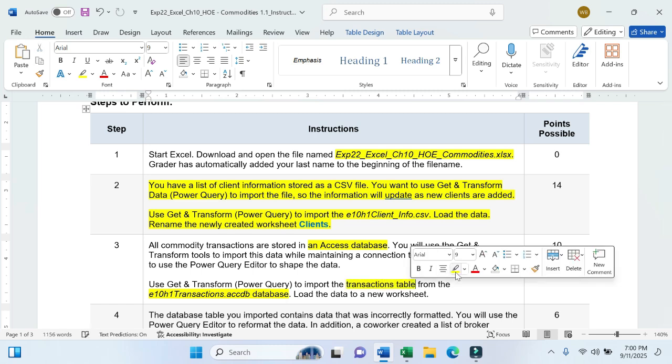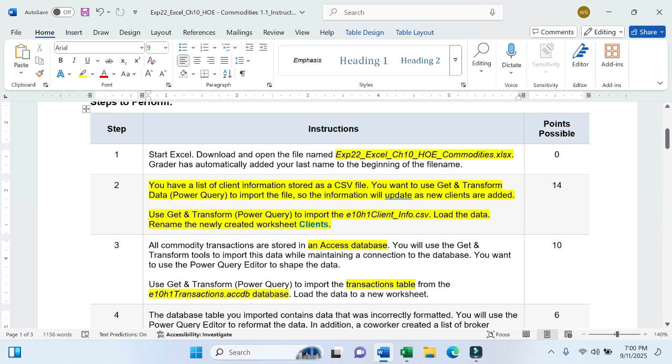So access, it is clear from this statement that the access database has more than one table. It may be 2, 3, 4 or whatever it is, we will see here. But in this step we have to just import the transaction table. Okay,